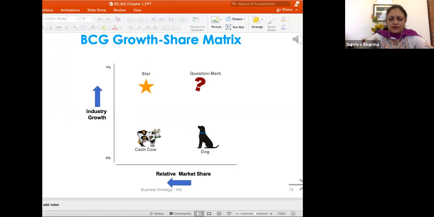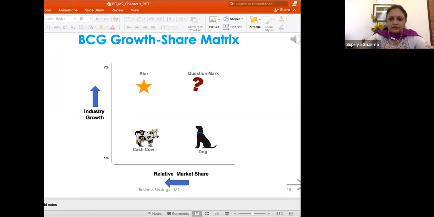Anybody? Just try and see what it is. Star represents business units, I repeat, having large market share in a fast growing industry. So relative market share moves like this, low to high,